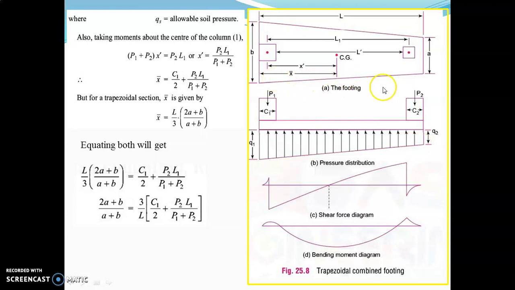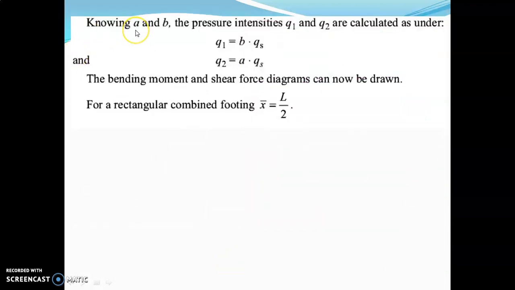This is the footing details, pressure distribution, the shear force diagram, and the bending moment diagram. Now if you know A and B, the pressure intensities Q1 and Q2 are calculated as follows. That is, Q1 is equal to B into QS and Q2 is equal to A into QS. The bending moment and shear force diagrams can be drawn, and for a rectangular combined footing, X bar is equal to